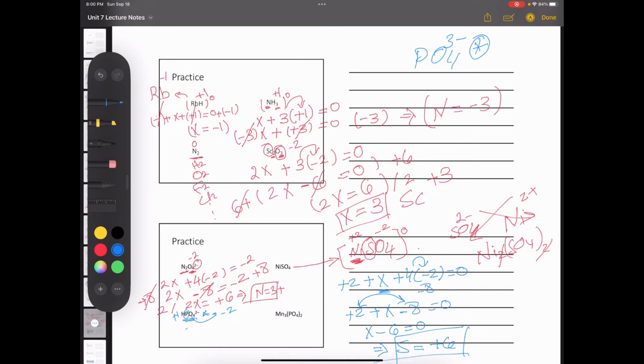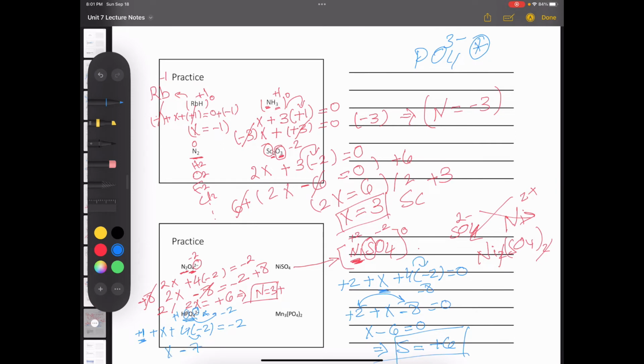Okay, so for the hydrogen phosphate, the hydrogen is a +1. For the phosphate, that's our unknown. Plus, for the oxygen, it's 4 times -2. And that would be equal to -2, because the total charge we have here is a -2. Okay, so the summation of all oxidation numbers will be equal to -2. So now I have 4, that would be a -8 with +1 here, so x